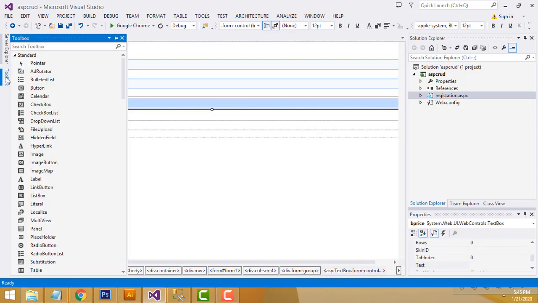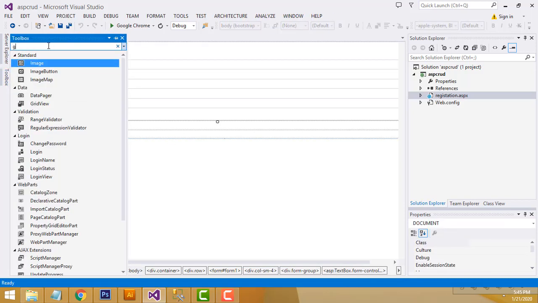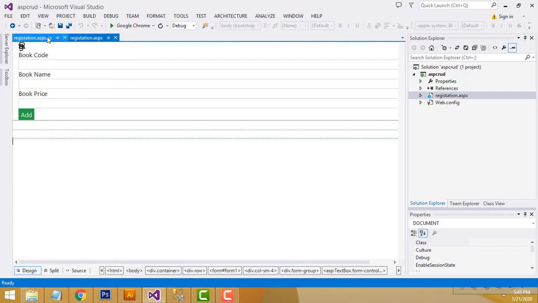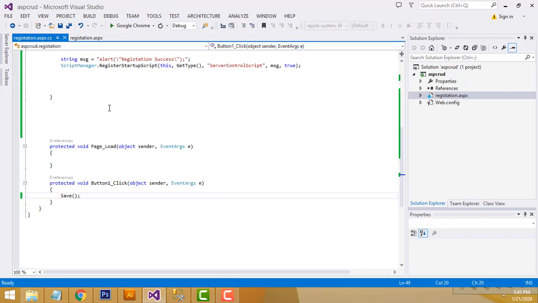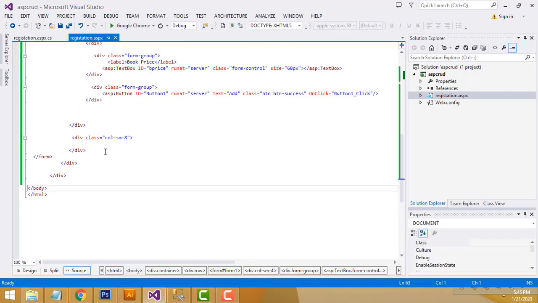Right here we have to go to the design and check. Go to the toolbox here, grid, this one, grid view. This is the grid view we needed. So what I'm going to do is paste that grid view here, into the source, inside this